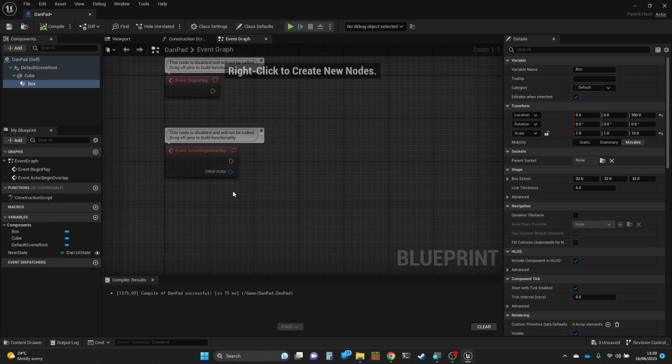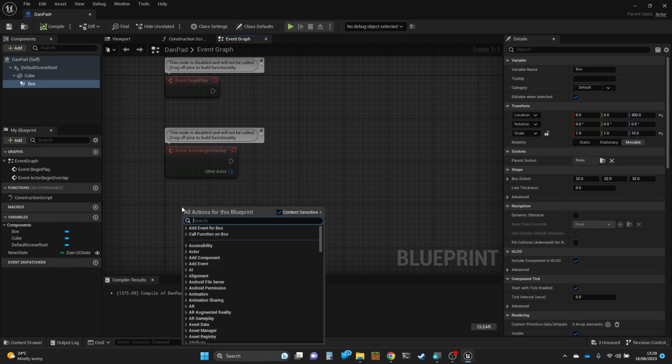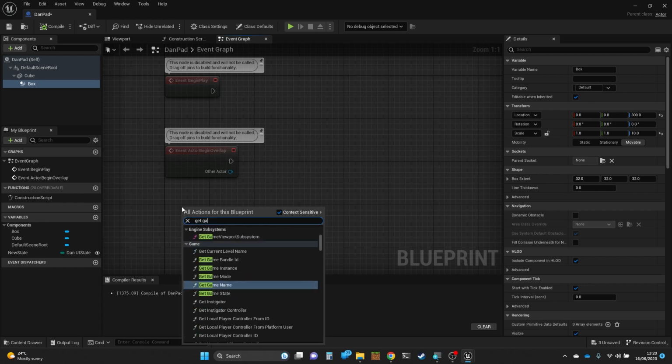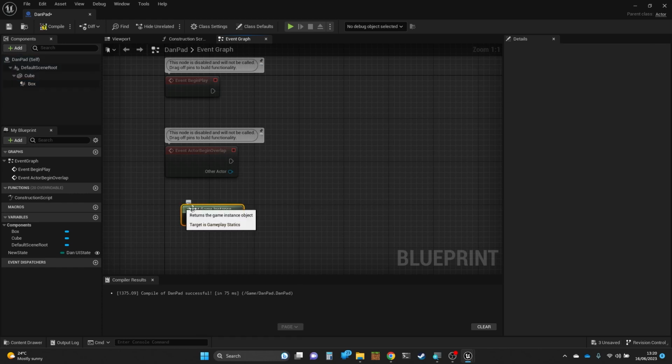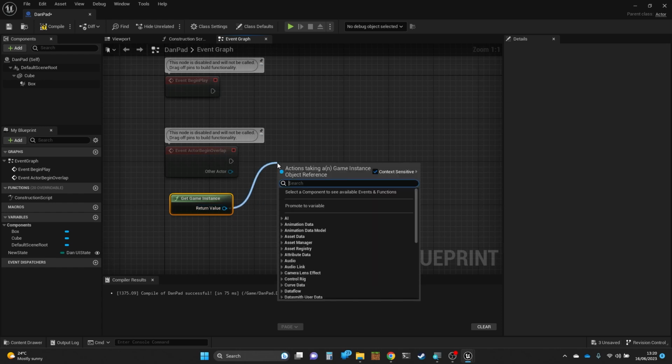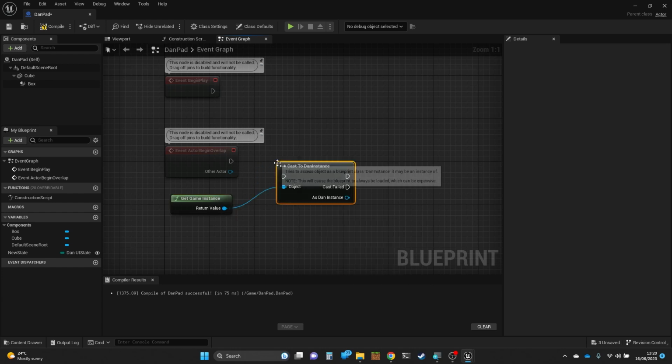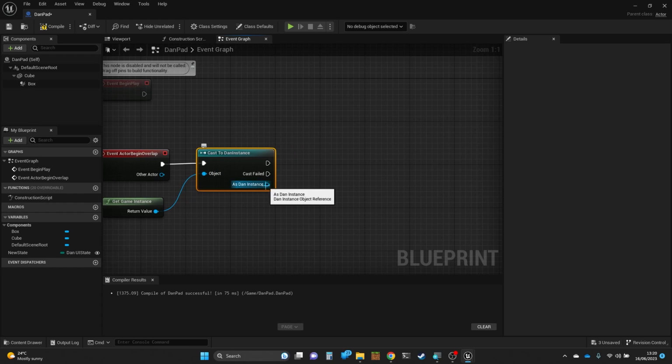So on actor begin overlap, I'm going to change that state in the game instance. So I need to get hold of the game instance class. I can do that by doing get game instance. Now, in one of my other videos, I talked about getting hold of what I call the essential blueprints, and game instance is one of those. When you've plugged your own version in, you then have to tell it that actually the type of thing that you're using is my own version. So we're going to need to do what's called a cast to down game instance. That's active. And once we've done that, we can now get hold of that